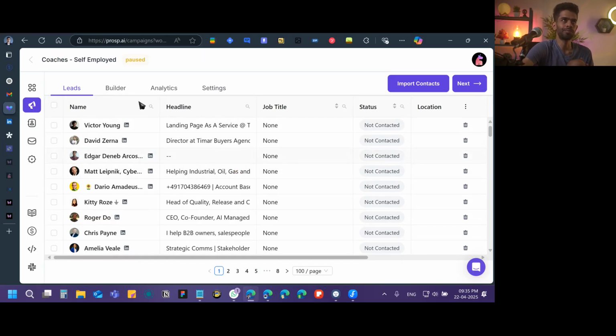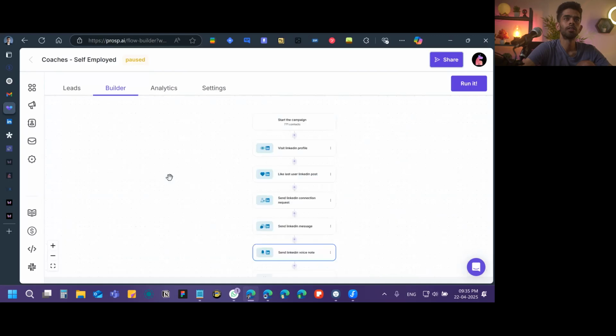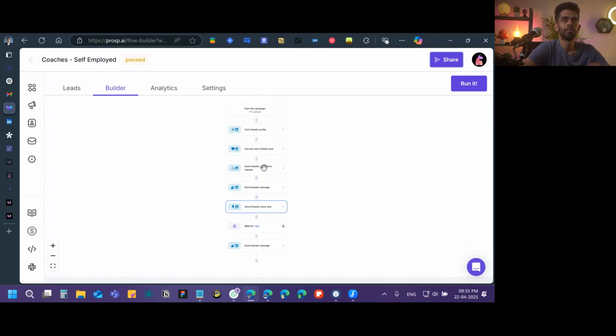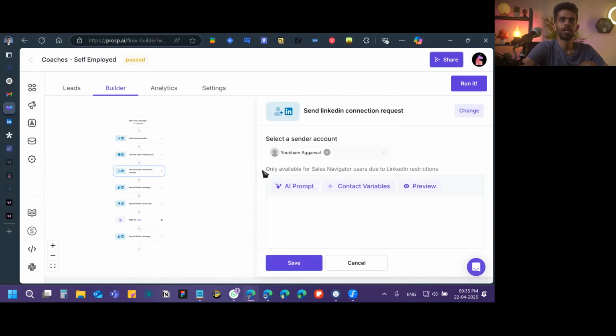Okay. Now in the builder, we'll see it's a 771 contacts, which is good enough. Now, what do we want to do? We want to visit the link, send LinkedIn connection, send LinkedIn message. Now, in that connection, are we adding something? Selector only available in user rejection. Okay. So,